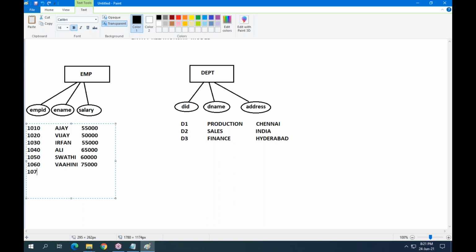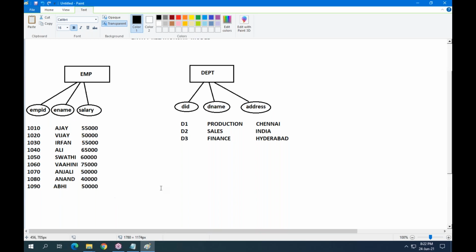And 1070, Anjali, salary 50,000. And 1080, Anand, salary 40,000. And 1090, Abhi, salary 50,000. This is my employee data.